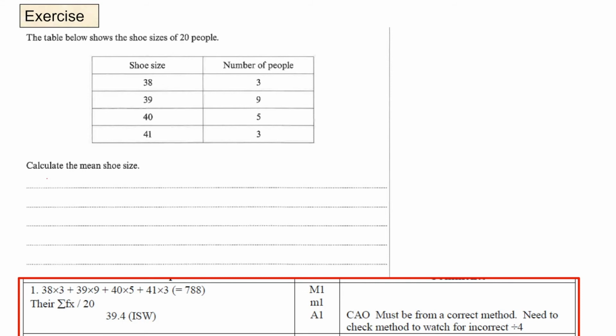To find the mean, first of all, we need the total frequency. The total frequency is given to you in the question because they've got the shoe sizes of 20 people, but if you weren't sure, you could have added up the numbers in this column. So we know that we will be dividing by 20,